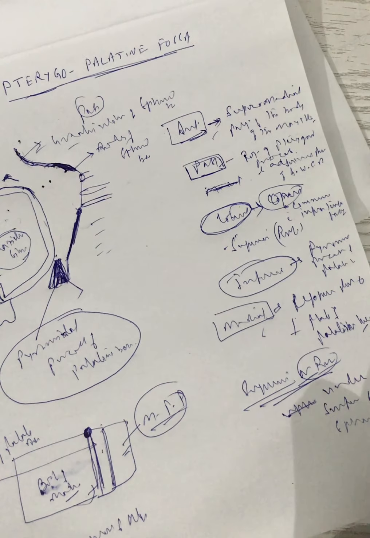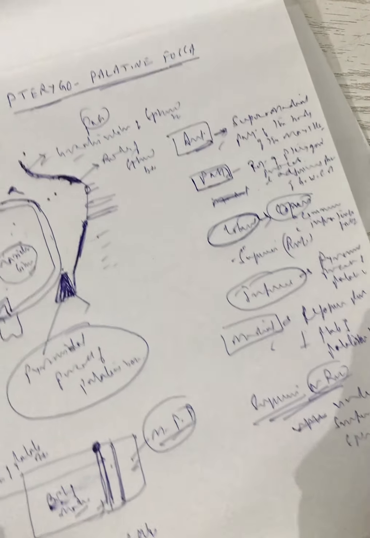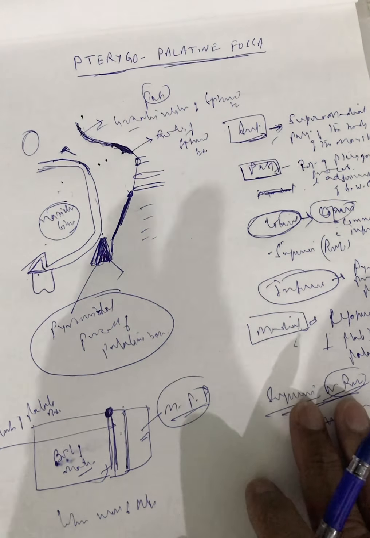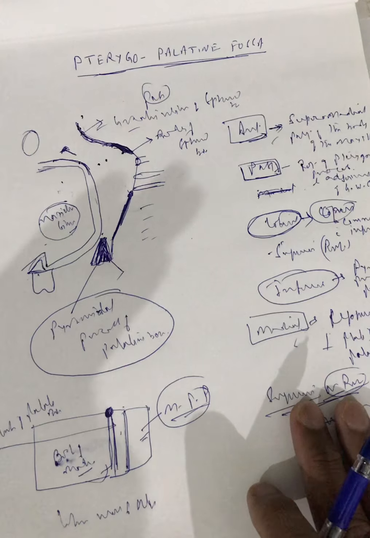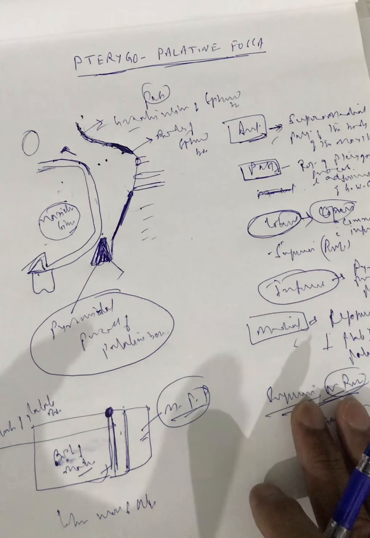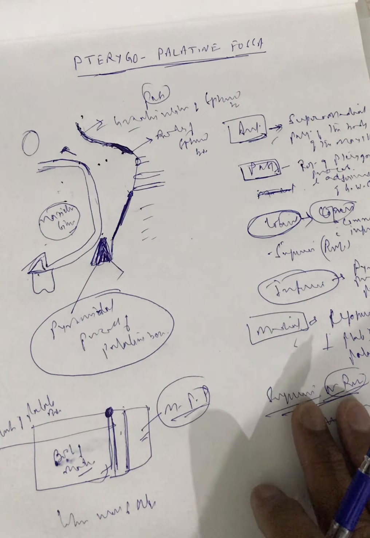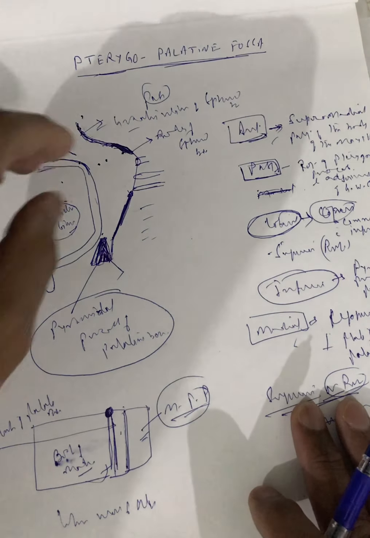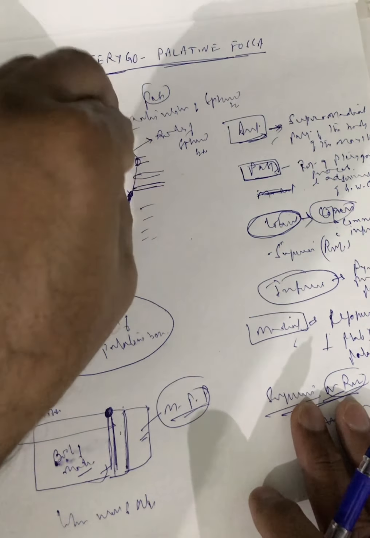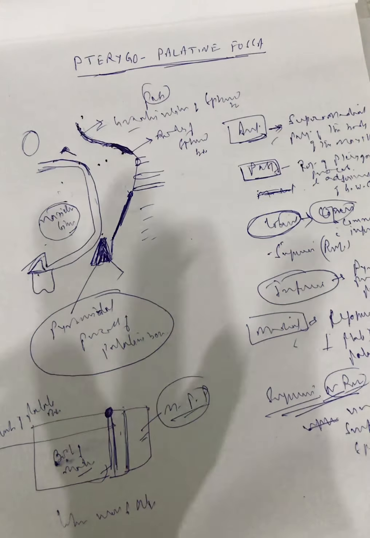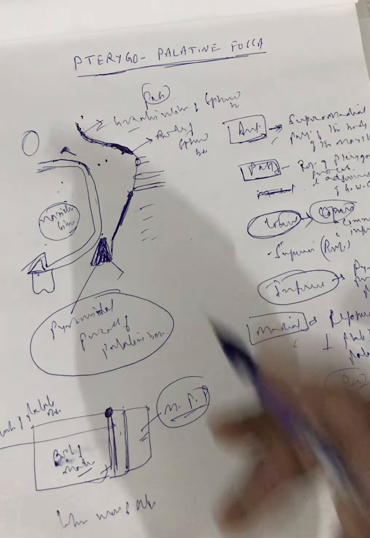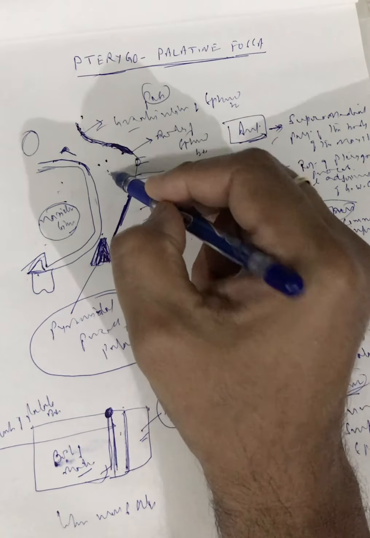Now how will it be with its communications? In the head and neck region we have got three important fossae. One is the temporal fossa, other is the infratemporal fossa, and the most important, the pterygopalatine fossa. Each fossa is meant for something, and the pterygopalatine fossa is meant for containing something. And if some important structure is lying over here, that means it will communicate with the different parts of the skull. Then only its importance comes over here.